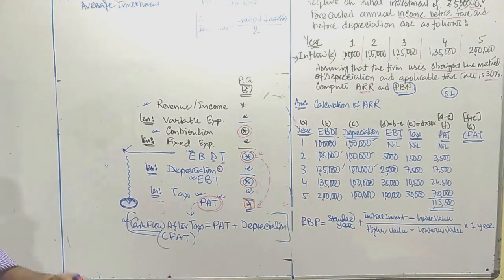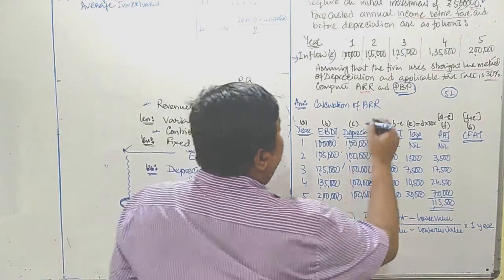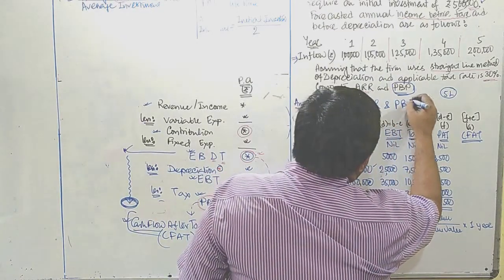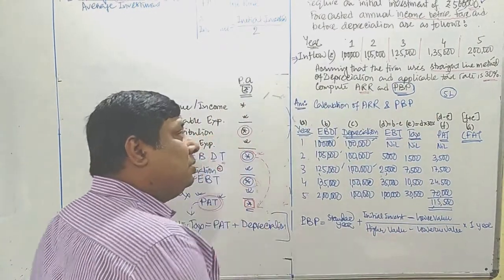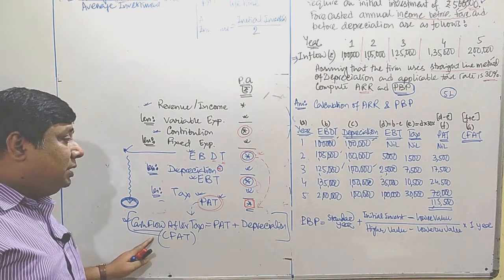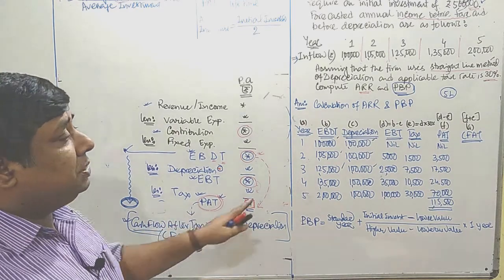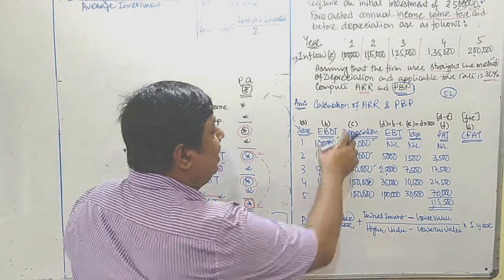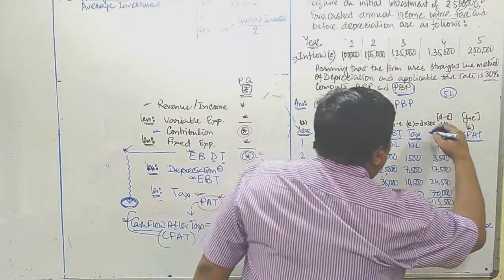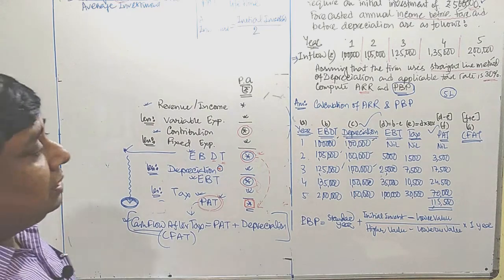Let me brief that. Now we are going to calculate PBP of the same question, so for calculation of ARR and PBP you can write. ARR is already calculated. Now we are going to calculate that PBP. To calculate that PBP, which column do we need? We need the CFAT column. How to get that CFAT? We know PAT plus depreciation represents cash flow after tax. We have the depreciation column and we have the PAT column. Since we sum up the PAT and depreciation columns, we can calculate the CFAT column.